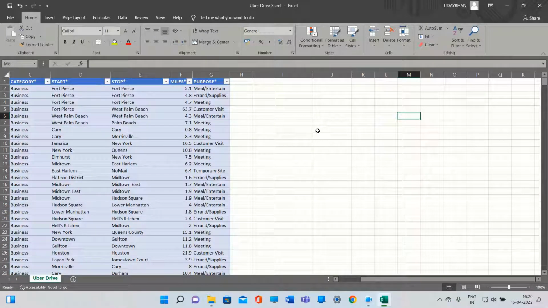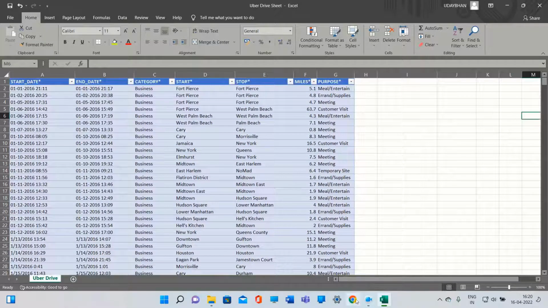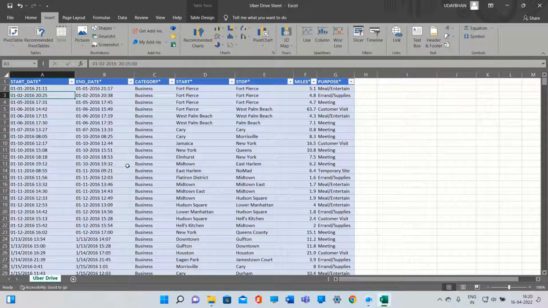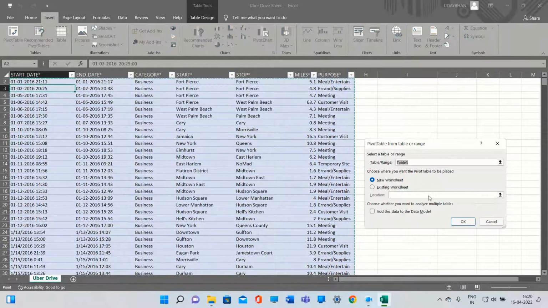We will continue to the next question, which is question number 16. The question is, what is the most popular dropping point of the Uber driver? So in this question I think the process is the same. For this we need to make a pivot table, and we will choose existing worksheet. We will select the location, and we have selected the table range. So everything is fine. We will click OK.